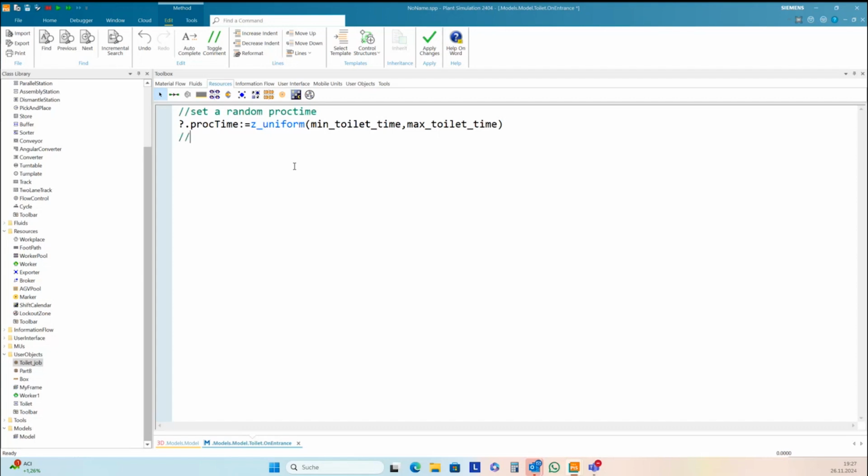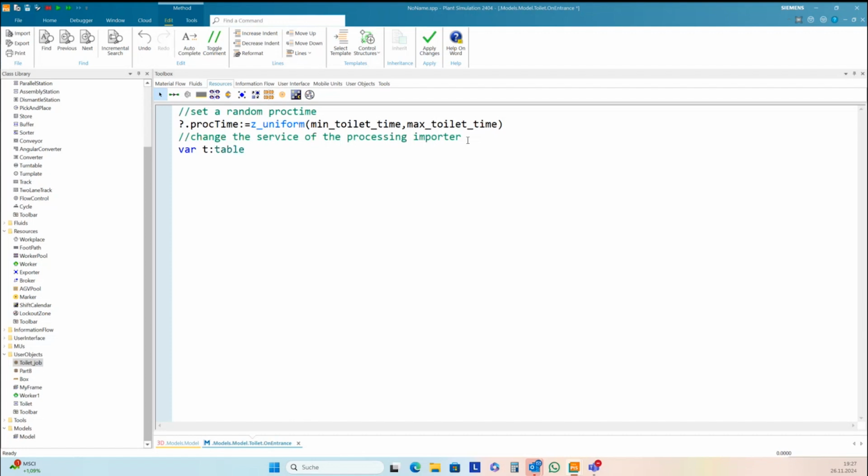And we need to change the service. We need to change the service of the processing importer. And for this, I create a table variable.